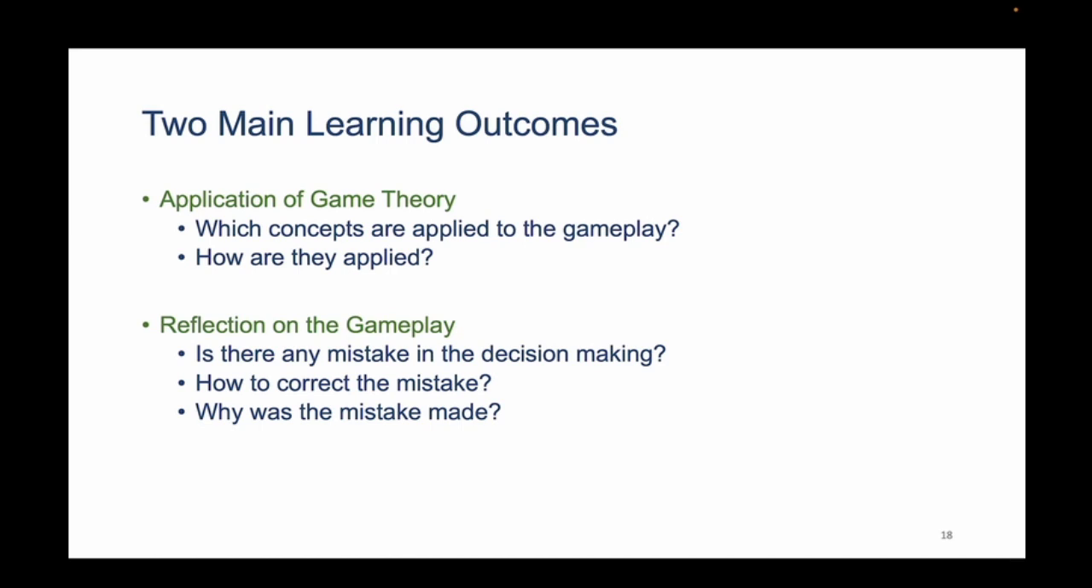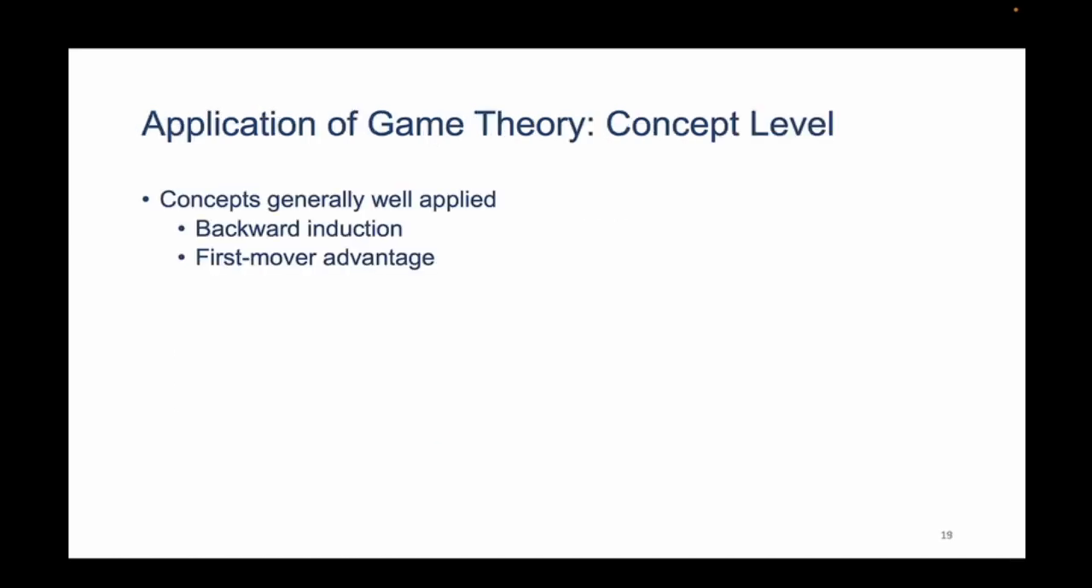As students reviewed and analyzed their own decision-making, it's interesting to see whether students found any mistakes in their decision-making. If so, can they correct the mistakes? And can they reflect on why they made the mistakes? For the first learning outcome, among the concepts frequently discussed by the students, backward induction and first-mover advantage were generally